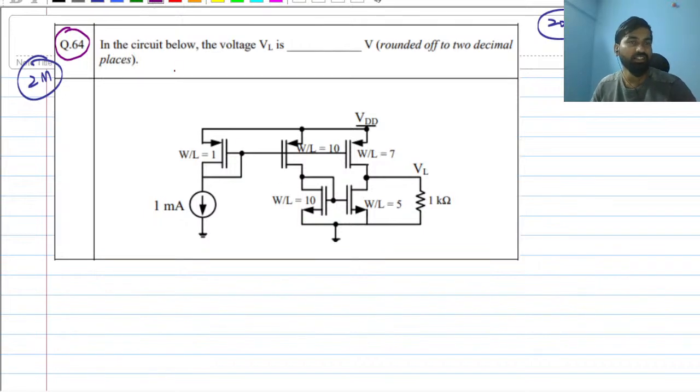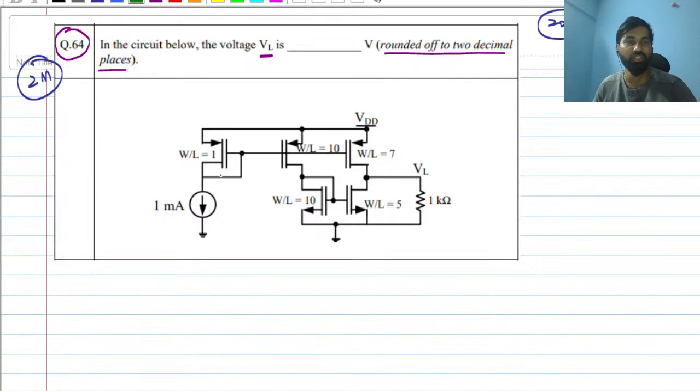In the circuit below, we have to find the voltage VL, rounded off to 2 decimal places. So don't worry if you get the answer not in decimals. Okay, so let's begin with the problem. As you can see here,